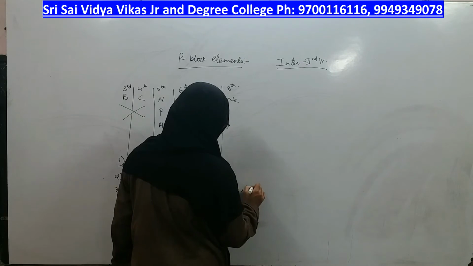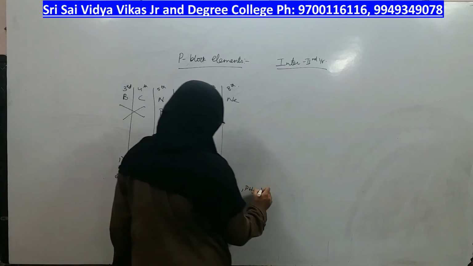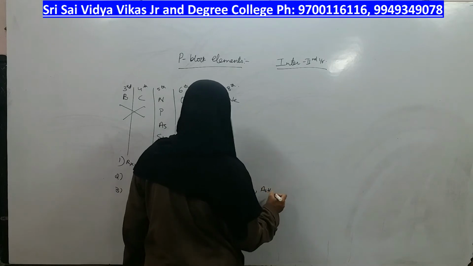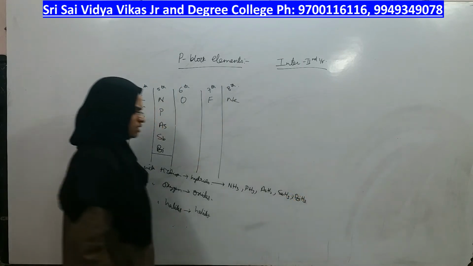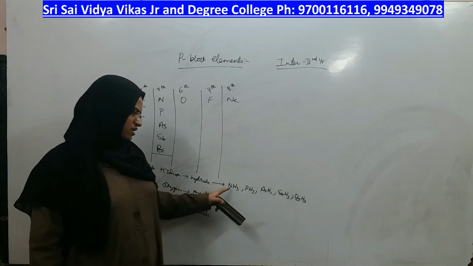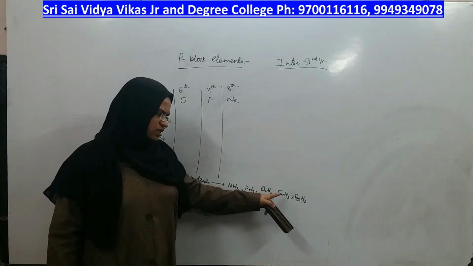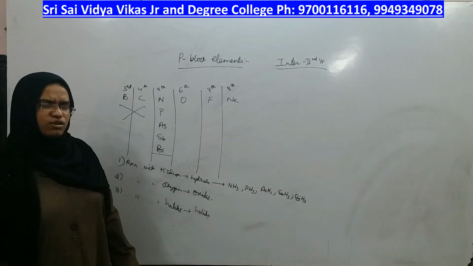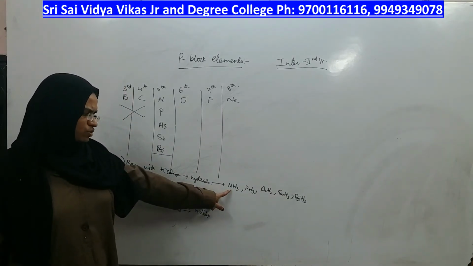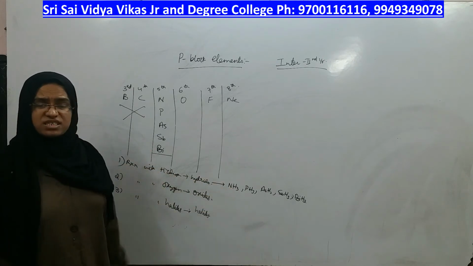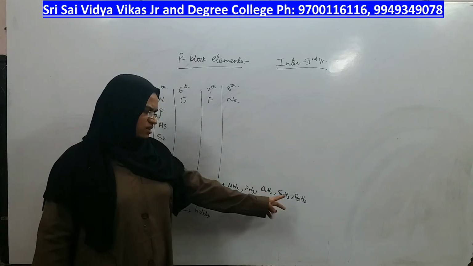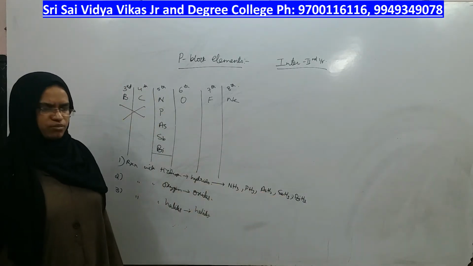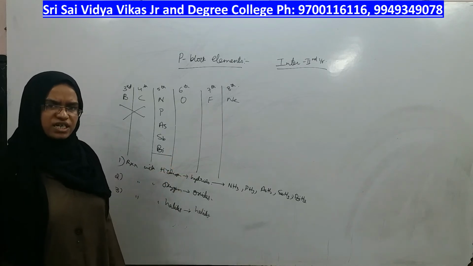NH3, PH3. Next is arsenic hydride. Next is antimony hydride. Next is bismuth hydride. Nitrogen hydride, phosphorus hydride, arsenic, antimony, bismuth hydrides. Hydride with nitrogen is called what? What is the name of this molecule? It is a hydride, but its name is ammonia. It is also a hydride, but its name is phosphine. These have metallic nature, so those names are not important for us, but all of them are hydrides of